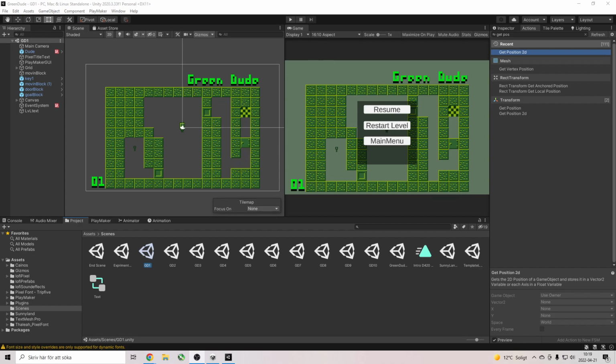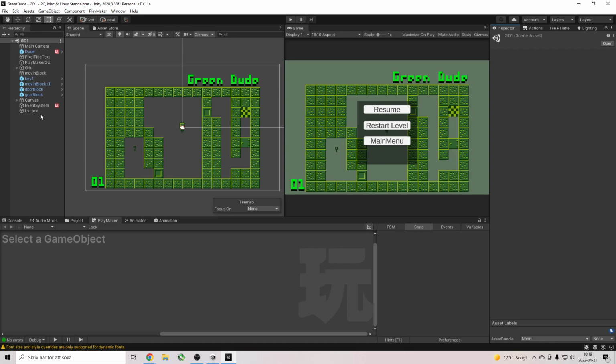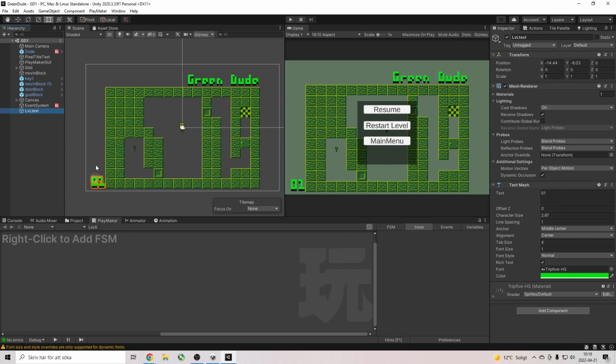So, this is Unity. You've probably heard about that. And this is PlayMaker. PlayMaker is an add-on for Unity for people who don't know how to script C sharp. When you make some function, make some script, you usually go like this, for example. If I want to make a script,